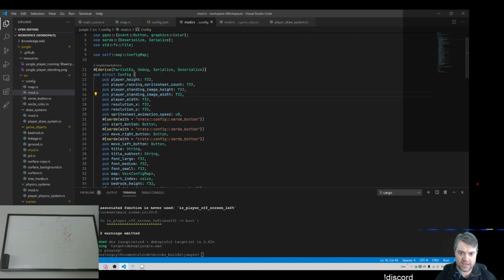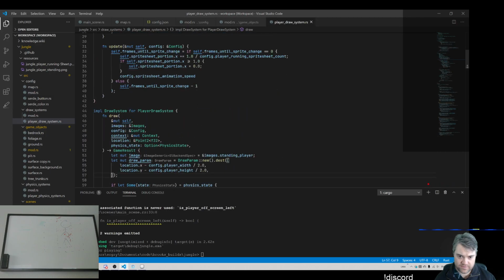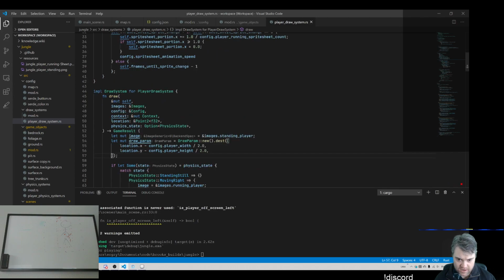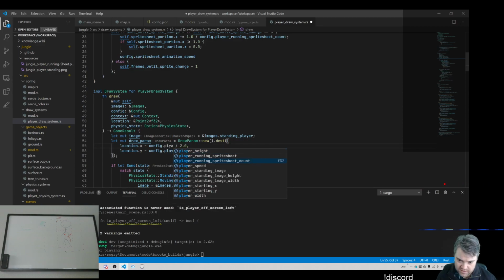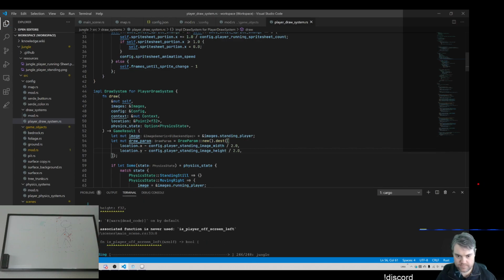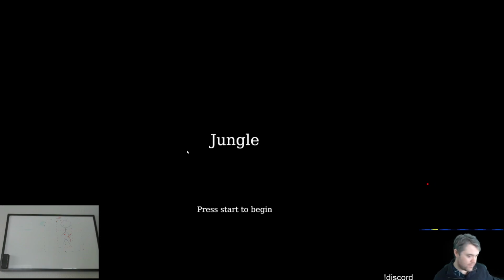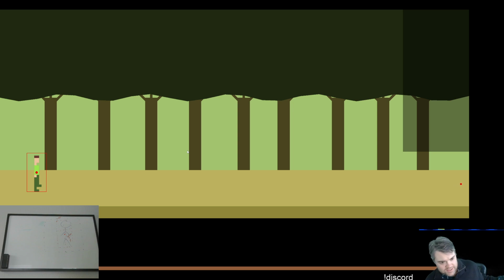Then I can now use this over in here. So instead of subtracting by our player width, let's subtract by half of our player standing width and our player image height. And that puts us right here. So now if I move off screen,